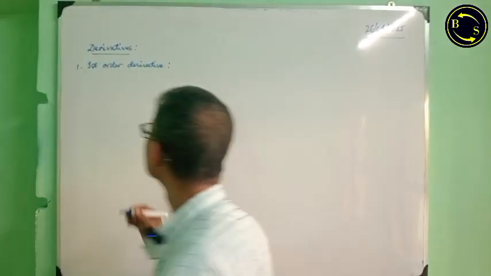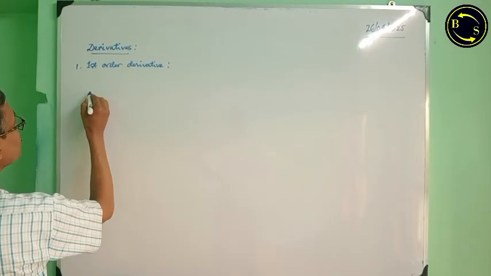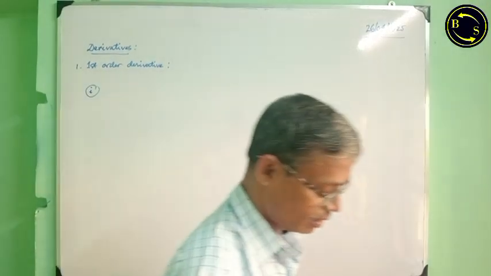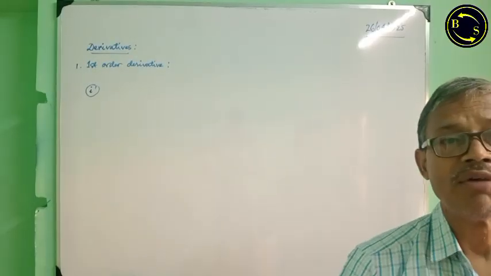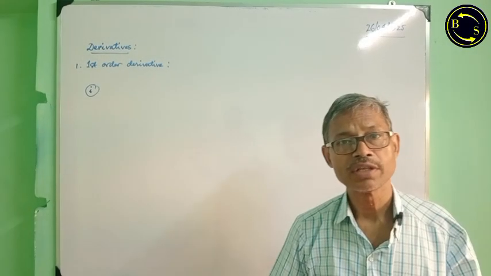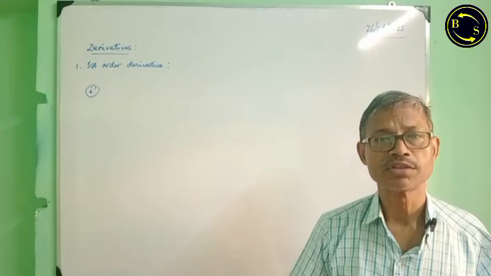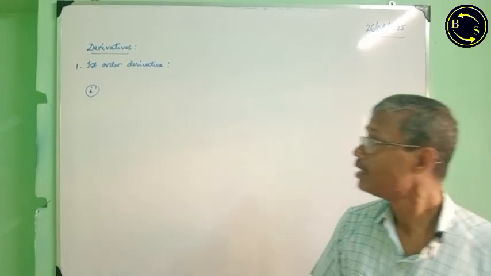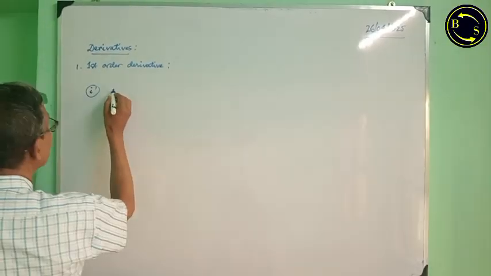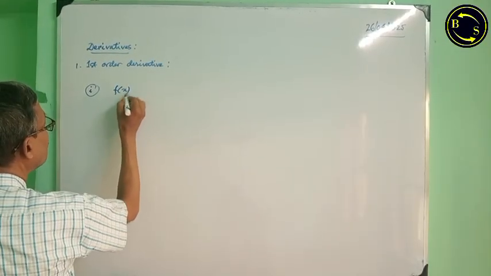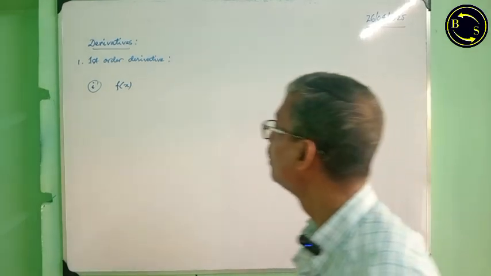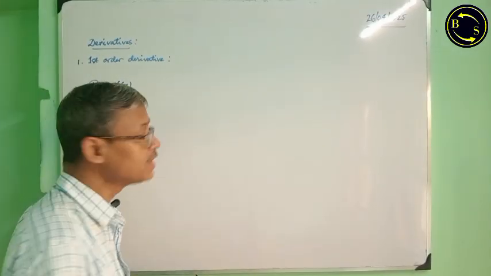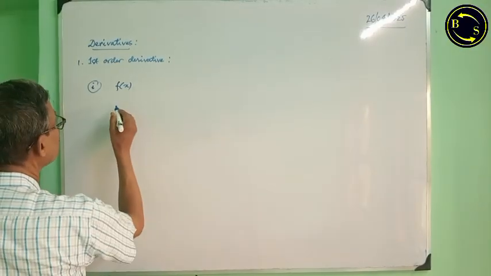I start stepwise from the definition of derivative or differential coefficient of a given function. We take the function as f(x). According to the definition of derivative of f(x), the symbols already you have learned: